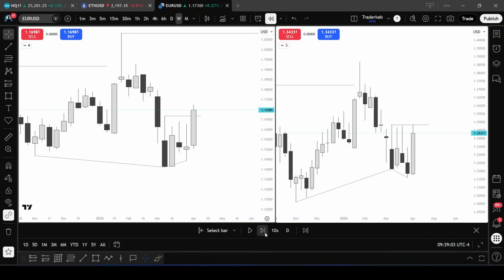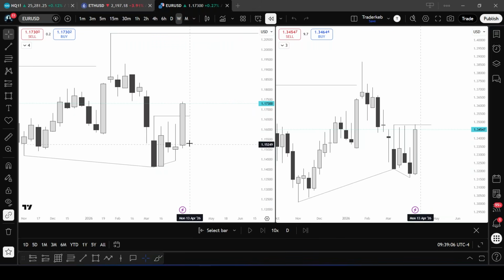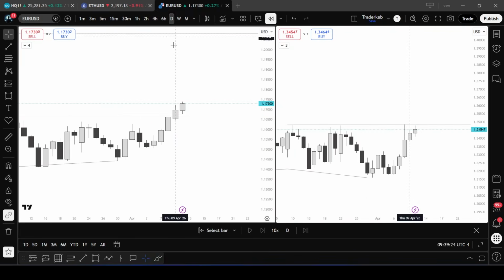So I want us to profile this weekly candle. Look inside of this weekly candle and see how we could have traded it, the profile, right? How could you have engaged with price on Monday? How could you have traded Tuesday? How could you have traded Wednesday, Thursday, and Friday, knowing that this week is going to deliver into this fair value gap? So we look into it on the daily time frame,